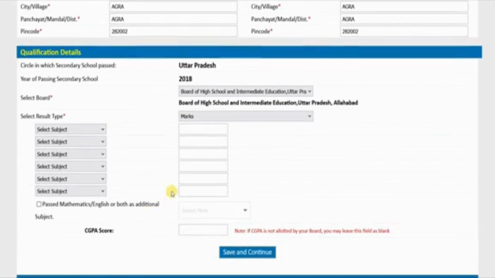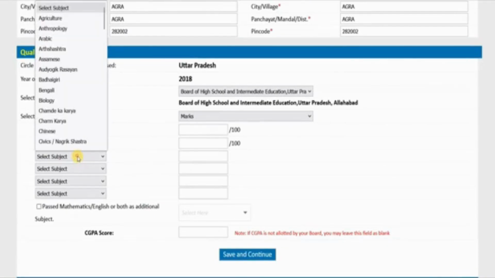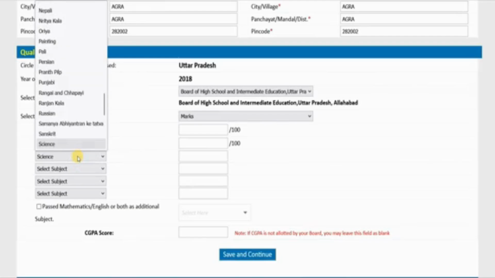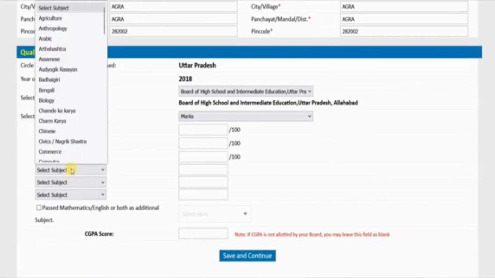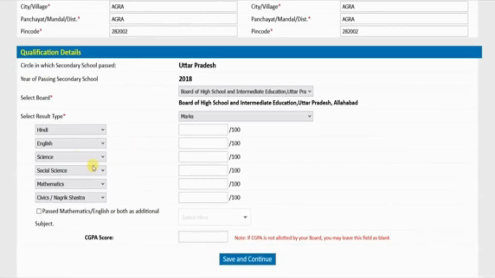As you enter here, it will ask how were your marks? You have to click on it. Next, here you have to put the subject of your class name, like mine was Hindi. And next, because it is based on merit, you will have to put the full number here. It was my science, it was social science. Here you can see that in this way I have set all my subjects.